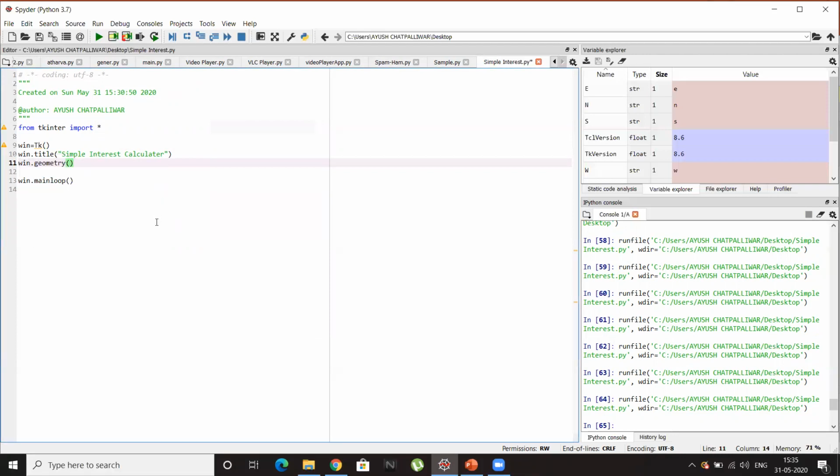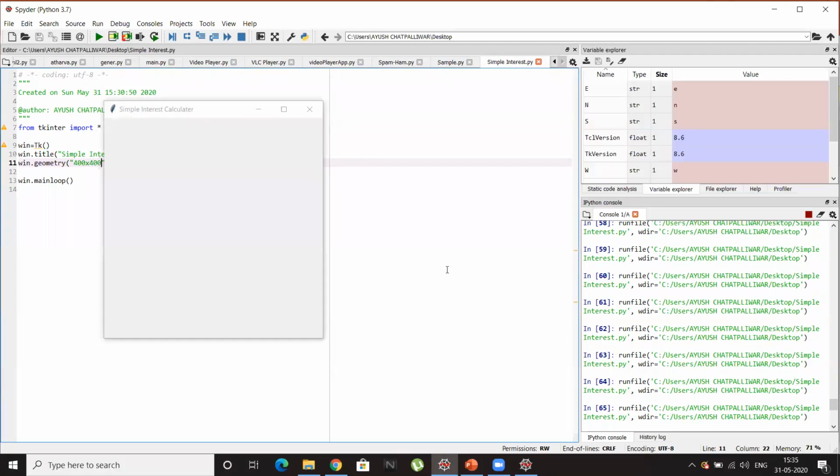We'll simply give two arguments, the width cross height, in cross format. So I'll give 400 cross 400. So let's see, is it okay? 400 cross 400. Oh yes, I think it's okay for a calculator. So you can see the width is 400 and the height is 400.